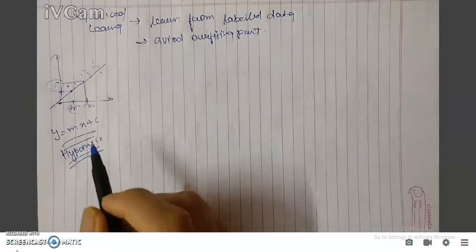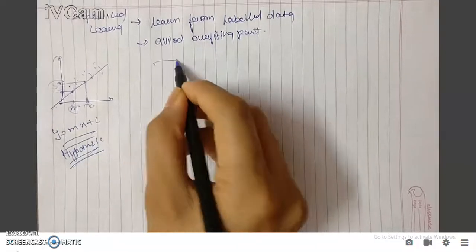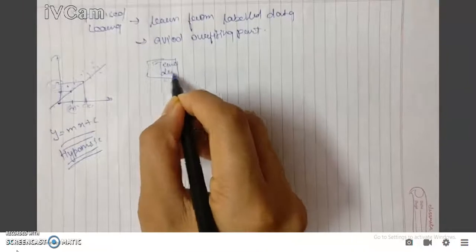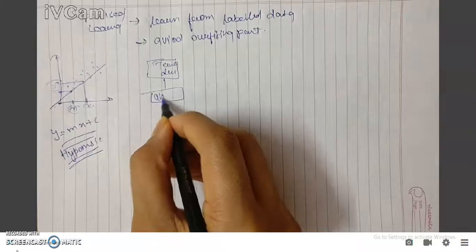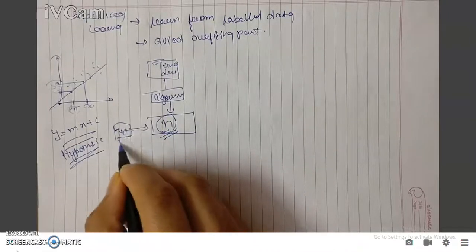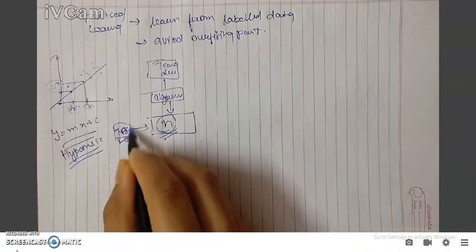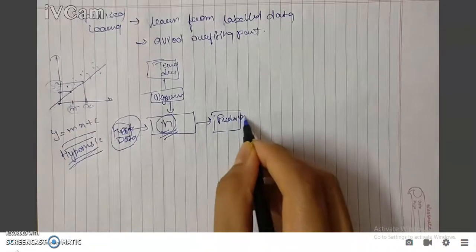If we represent it in a modular form, then it would be like we are given a training data, right? And we derive an algorithm. Here we derive the algorithm to be linear regression, and from the algorithm we find a mathematical equation which suits the data to find the prediction, right? So here the hypothesis is h, right? Now if I give a test data which is never seen to this hypothesis, I'm able to calculate the prediction, right? So this is the whole modular representation of supervised learning.